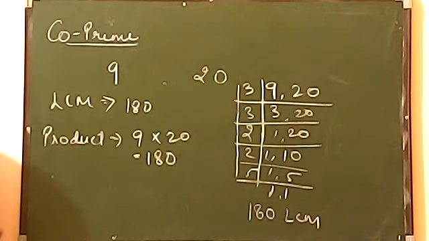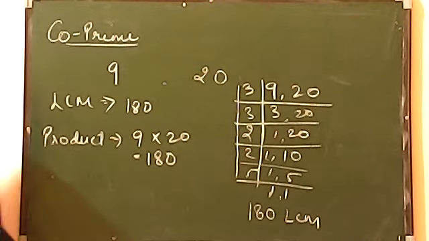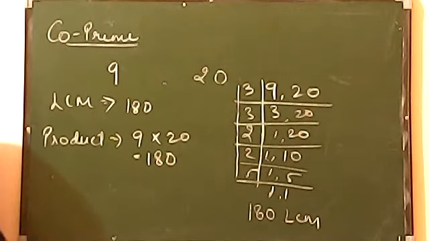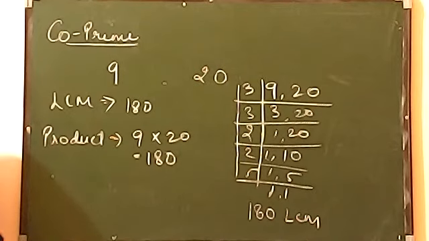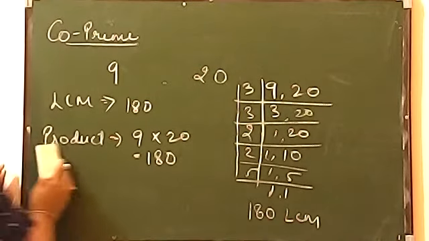Always remember, when you get two numbers, if both the numbers are co-prime, there is no need to find their LCM. No need to waste your time. Just find their product and tell me the LCM of both. Okay, let me give you some examples. My question is, what is the LCM?